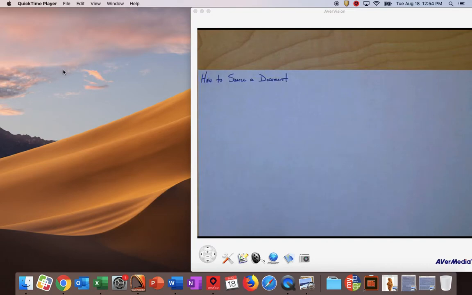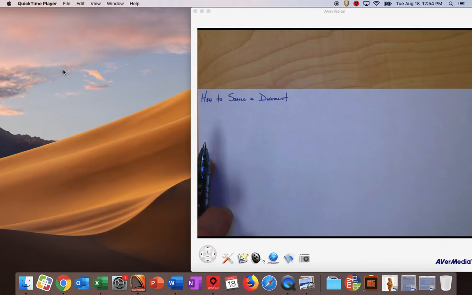This is one of the most important skills that a historian has, because most of what historians do is looking at sources and telling a story based on those sources. So what we're going to do when we source a document